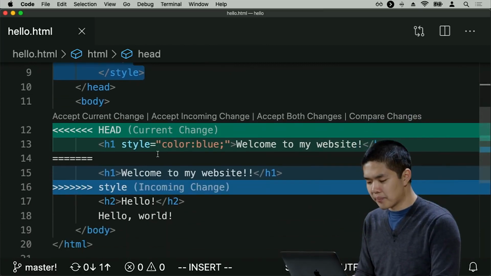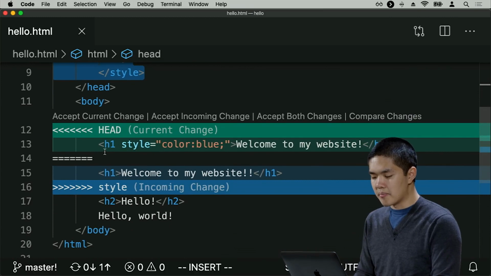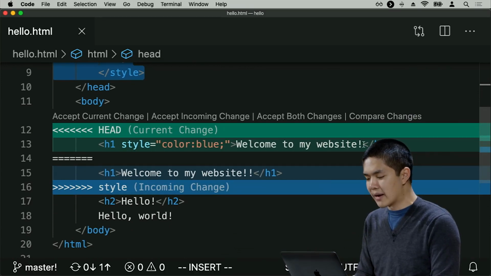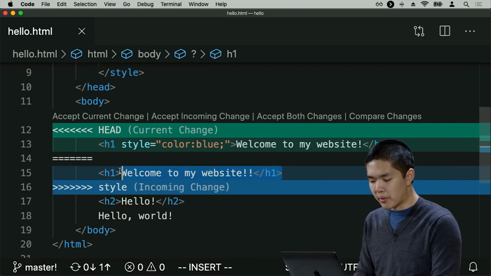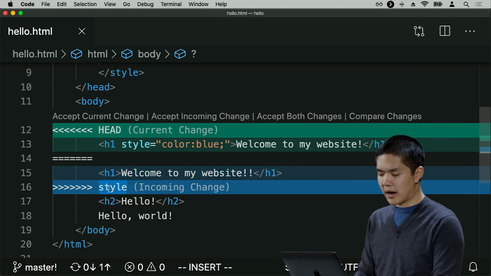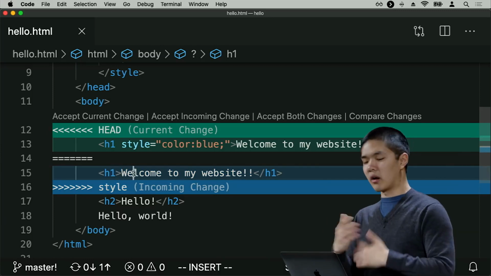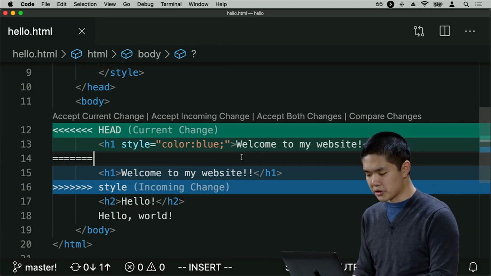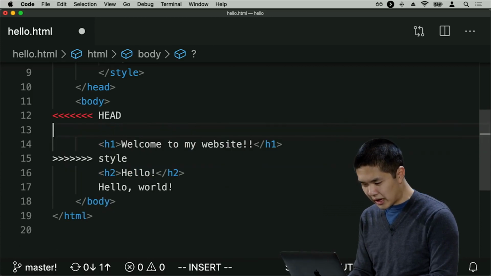The conflict comes up here, where in my version on the master branch, I removed this punctuation mark, whereas in the version on the style branch, which we can see here by the word style, we removed the inline styling. So we need to resolve these somehow, and what I'll ultimately do is just get rid of these